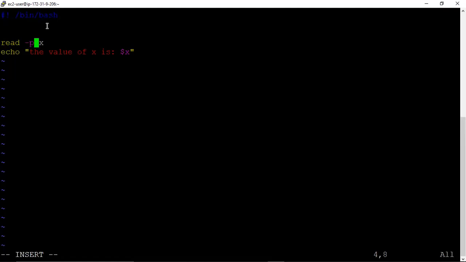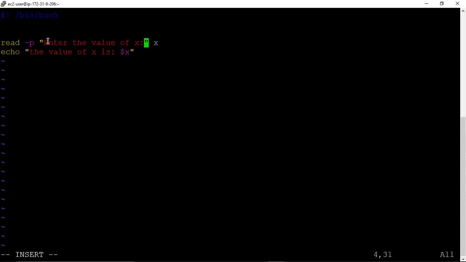Because of hyphen p, it prompts with the string. So see the output, we have to write it this way. Then we write enter the value of x. So instead of the echo command, we write enter the value of x in read itself.